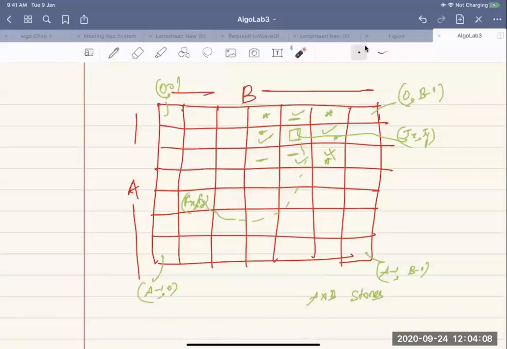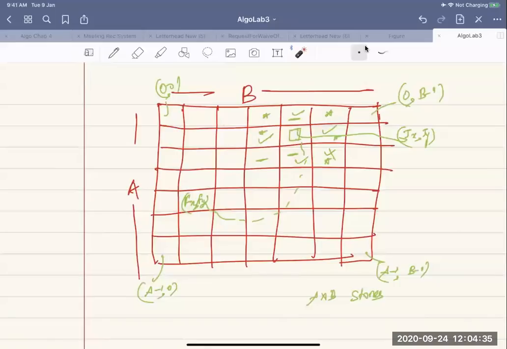But the problem here would be that some rocks are stable, some rocks are not stable. So you will be given the size of the grid, what rocks are stable and what rocks are not stable, and the coordinates of James and the fly. Given all that, can James reach the fly? Now, how exactly will you find that? How exactly will you find out whether there is a way James can reach the fly?